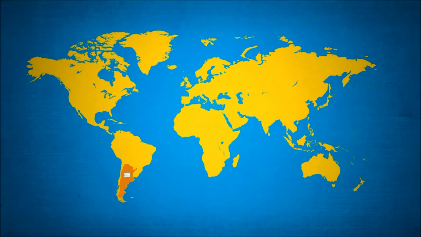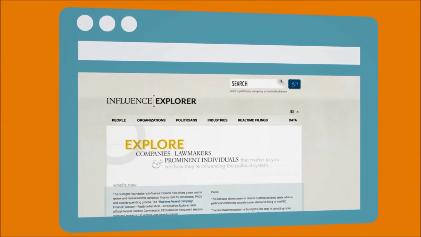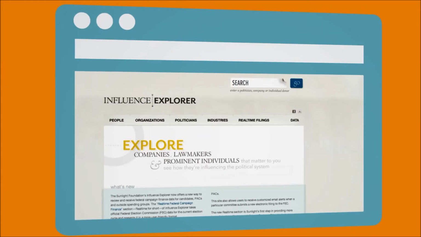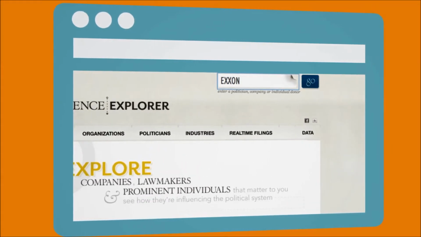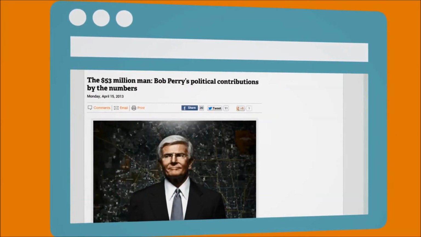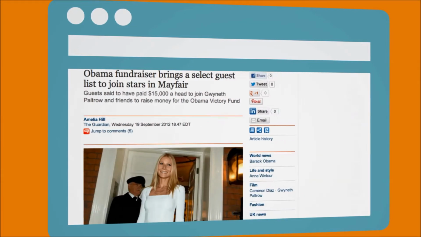Argentina. In the United States, the Sunlight Foundation collects and releases political contribution data so anyone can track influence by lawmaker, company, or prominent individual. Influence Explorer has been used by journalists in hundreds of investigative stories to connect the dots of influence by special